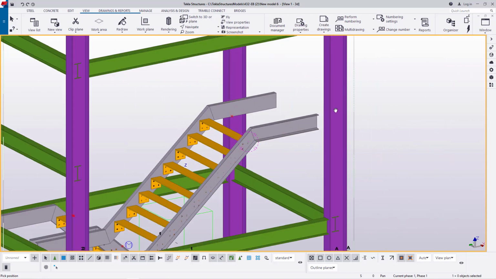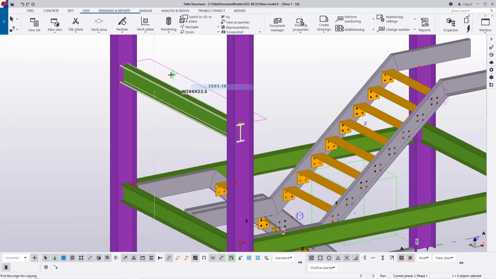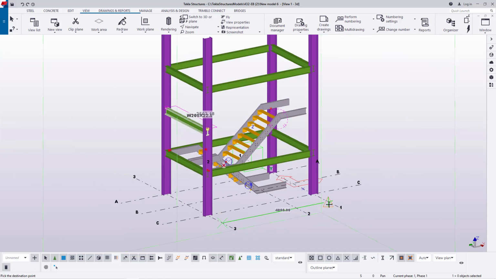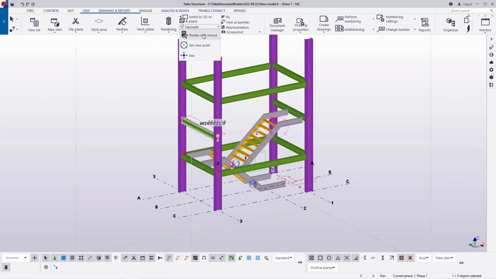Now on this side again we need a landing beam. So what we're going to do, just select on that, right click and come to copy, and we'll pick it from that position and take it right there. Perfect. And we will need another